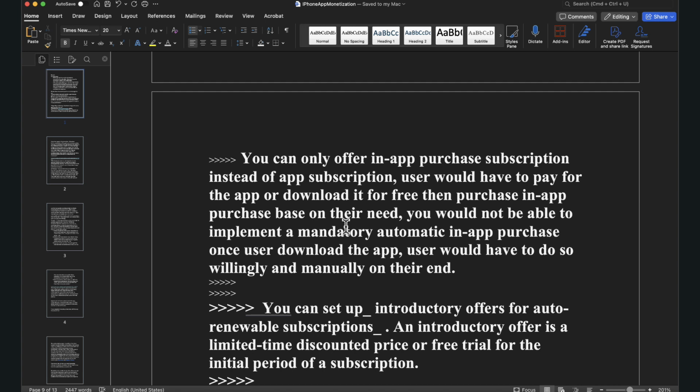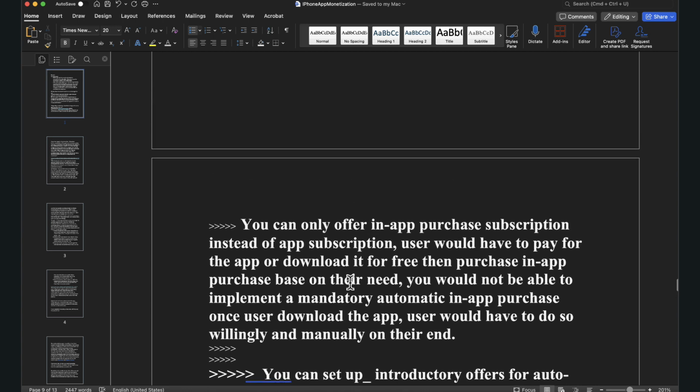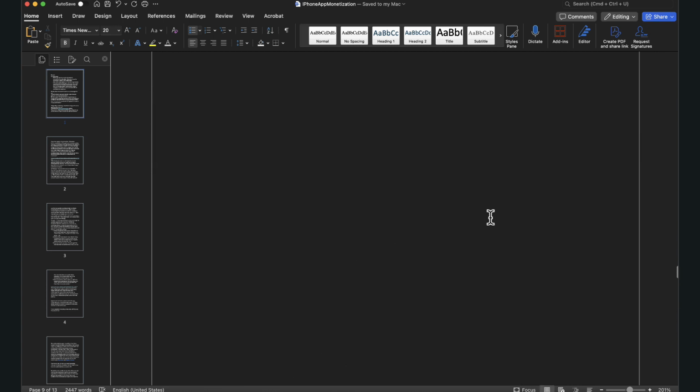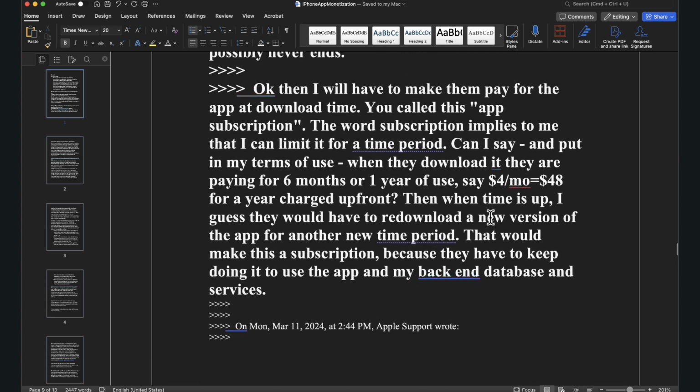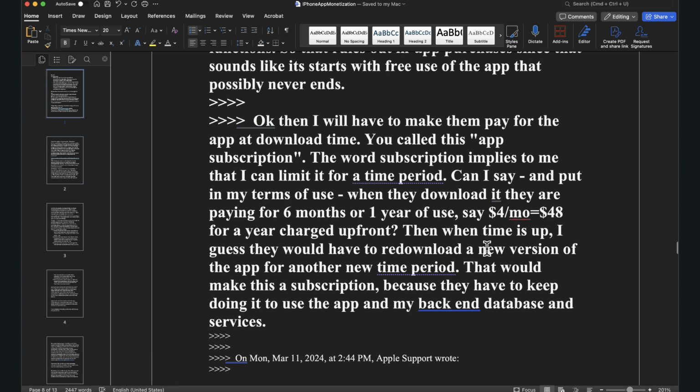You would not be able to implement a mandatory automatic in-app purchase once a user downloaded the app. User would have to do so willingly and manually on their end. So this is a critical piece of information. This is very important, I think, for Apple. Okay, so the next thing in the email chain is